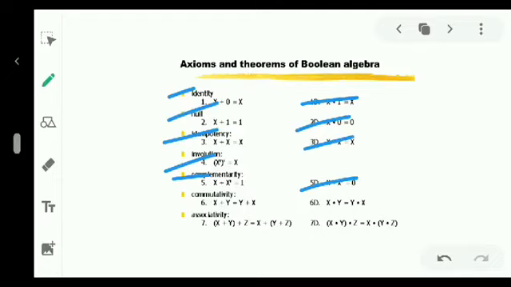So if any doubts, you can comment in the video section if any explanation is further required. Okay, so next commutative law, associative law and other rules are there. We will explain